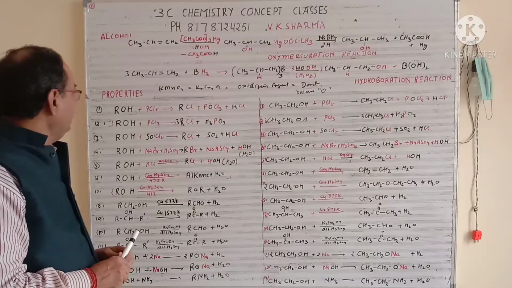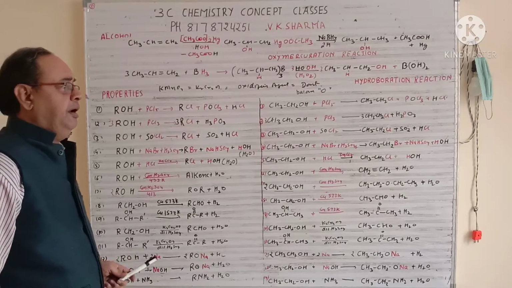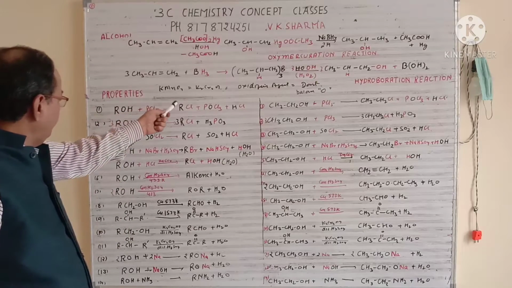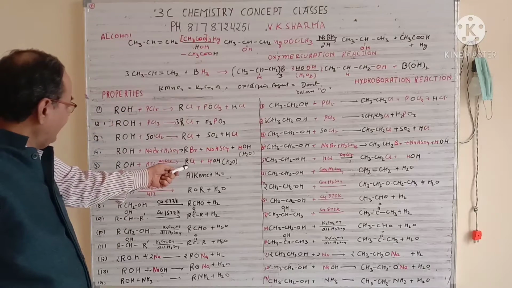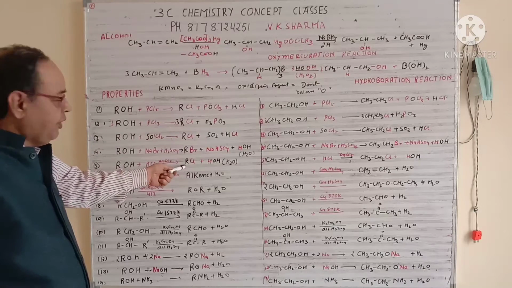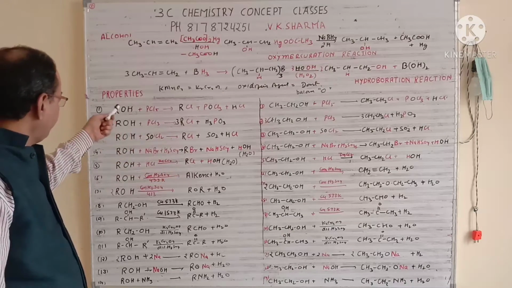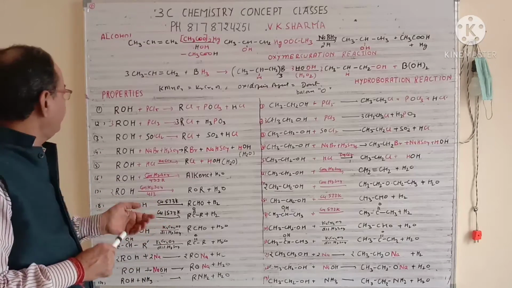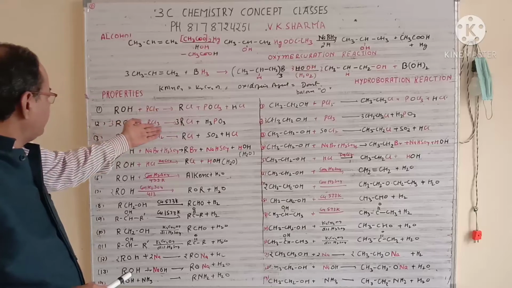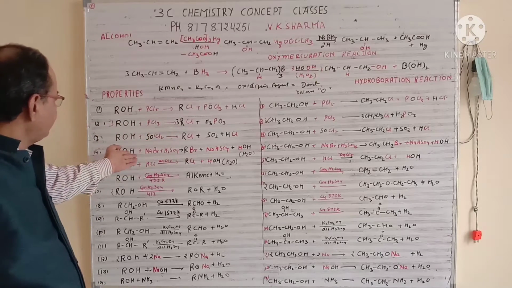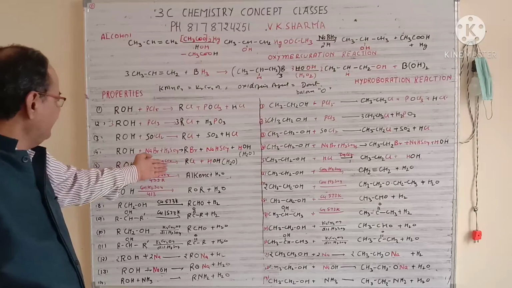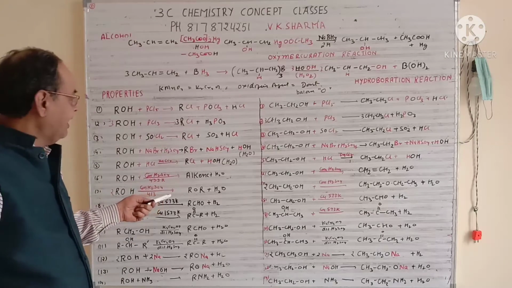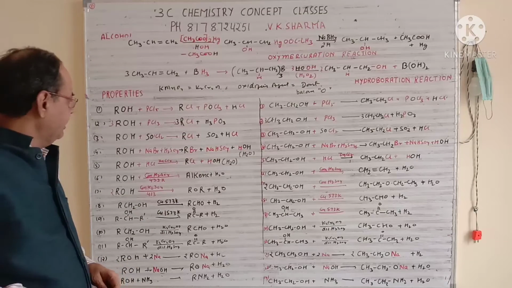Now friends, we are entering into the properties of alcohol. If you see carefully, this alcohol will provide you alkyl halide up to here, and this is a property of alcohol now, though it is the preparation of alkyl halide. So these reactions we have already done in the alkyl halide chapter. So alcohol plus PCl5, alcohol plus PCl3, alcohol plus SOCl2, alcohol plus NaBr plus H2SO4, alcohol plus HCl in the presence of ZnCl2. They all will give you the respective alkyl halide plus the addition product like this.